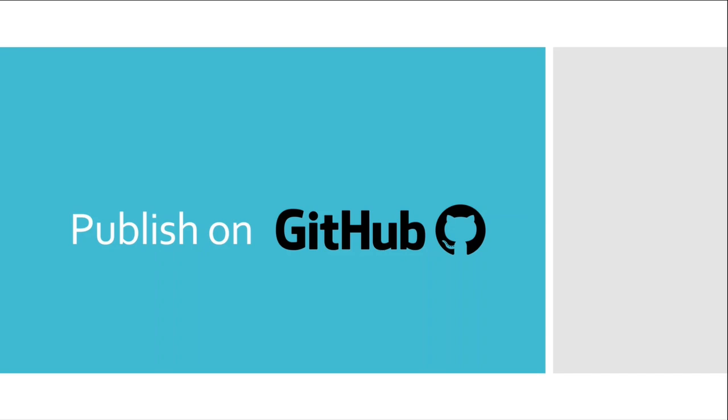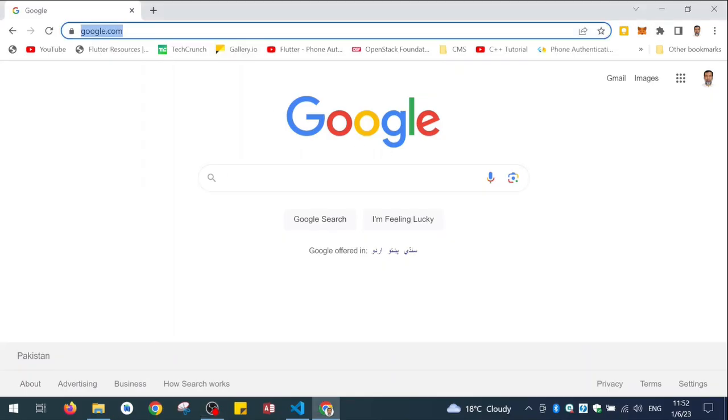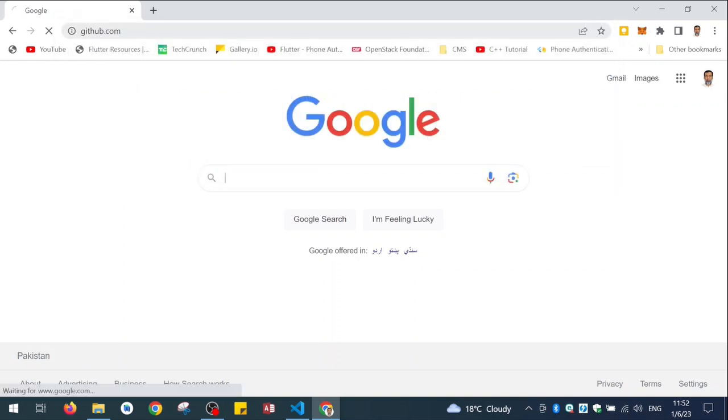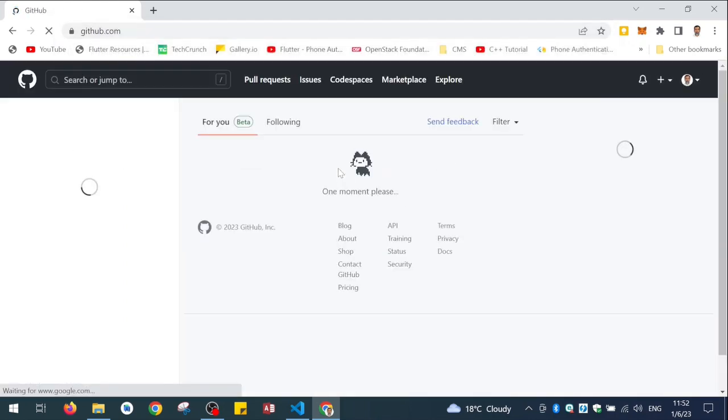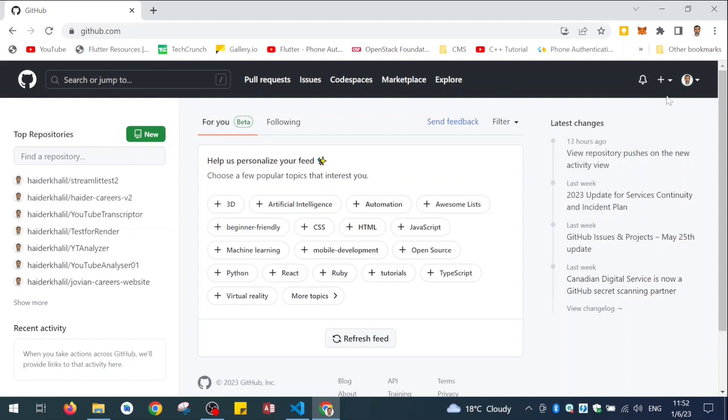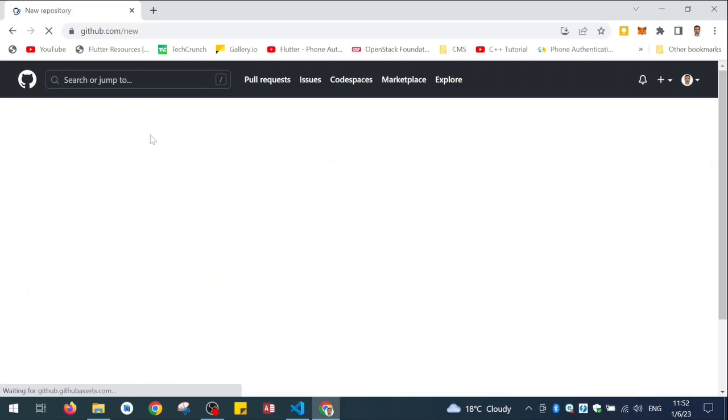Now that we have finished our app, let me tell you how we can publish it on GitHub. So go to github.com. You need to create an account if you don't have one. Since I already have an account, my account is open. I will click on new repository,